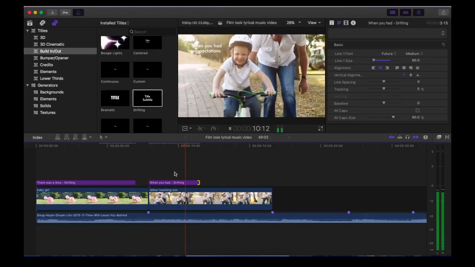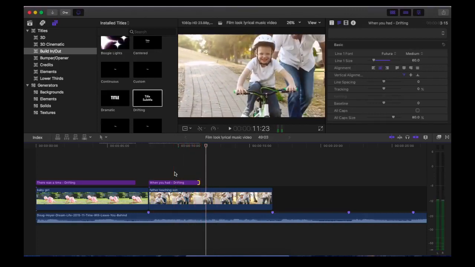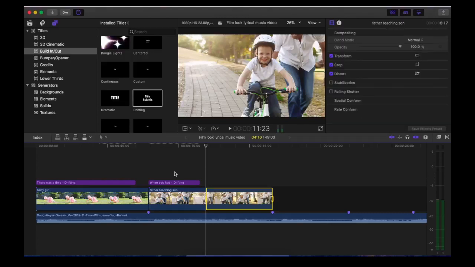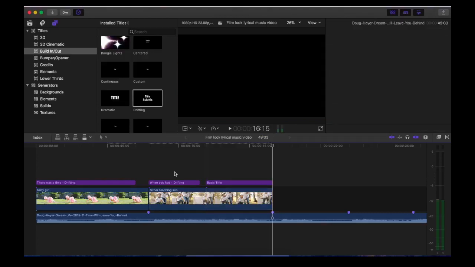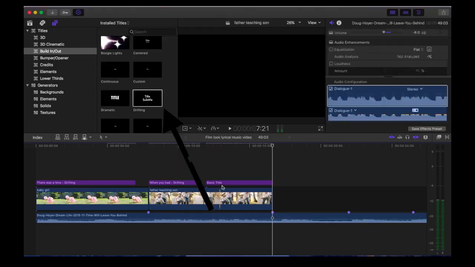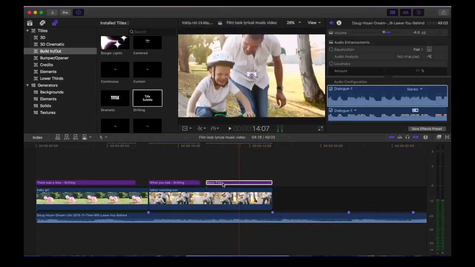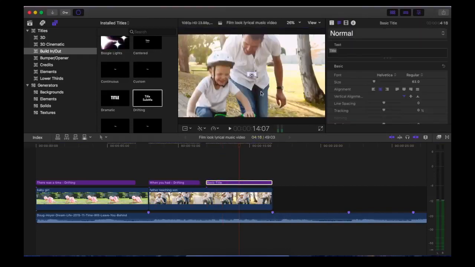No expectations. Perfect. Now for the third title, press I and the out range will be selected automatically by Final Cut Pro. Now press Ctrl T to connect a title. You can copy and paste the previously done drifting title, or select the current title and go to the built-in out section of titles and then select drifting. Make sure the caption is changed and the saved preset is changed to change the font size.